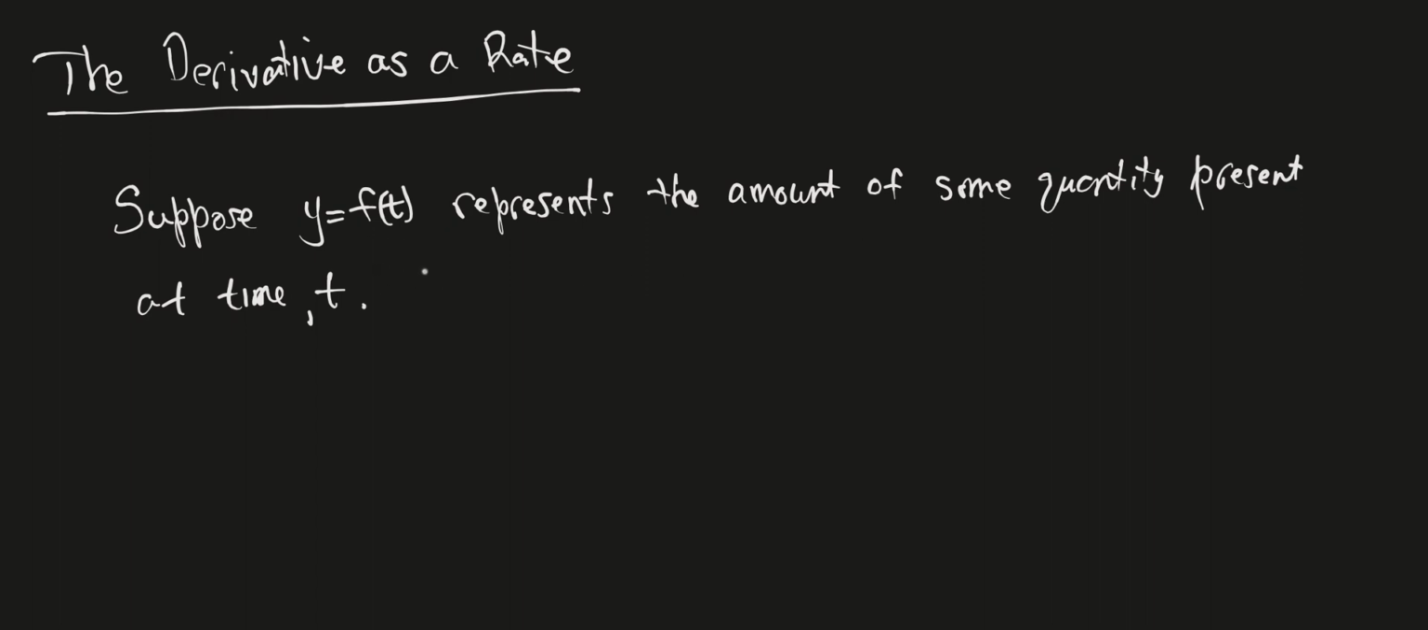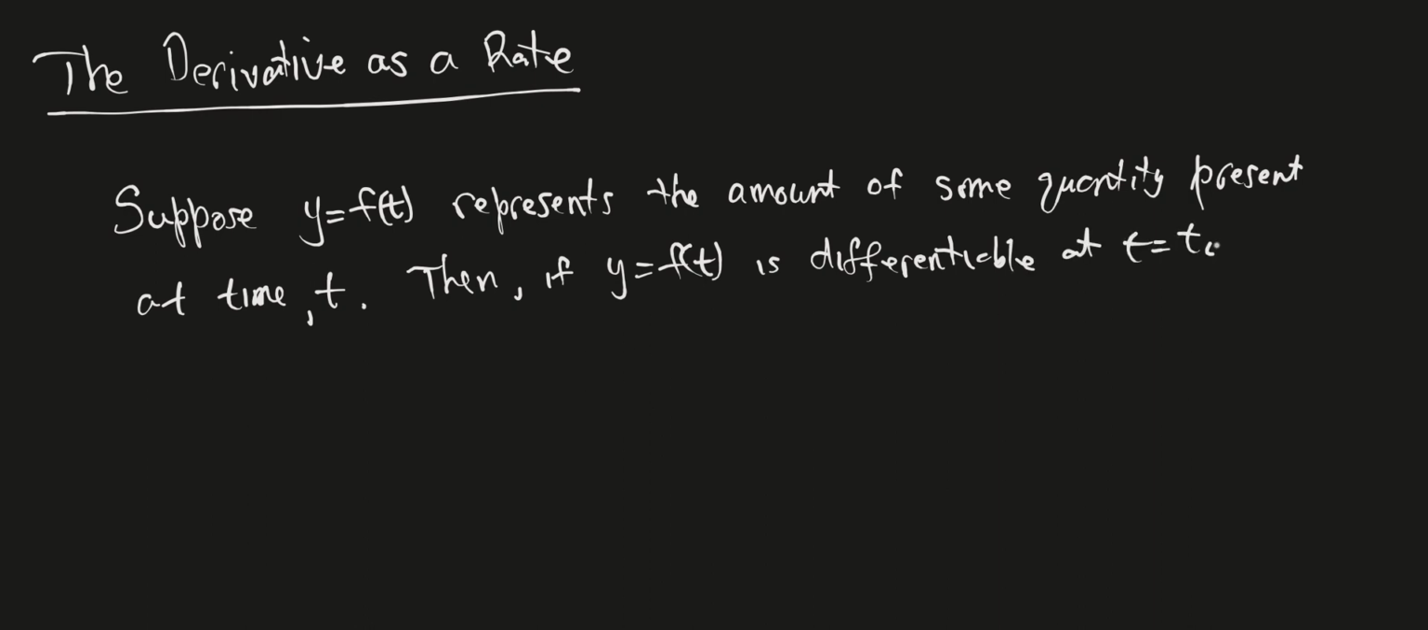So if this is the case, so then if y equals f of t is differentiable, right? We always have to say that because we don't know if the function is differentiable. We've seen functions that are not differentiable, so we have to kind of put that as our little disclaimer. But if y equals f of t is differentiable at t equals, let's say, t0, right? Then